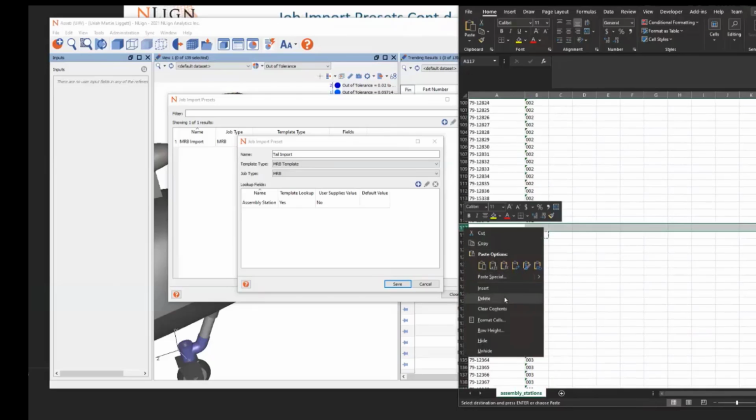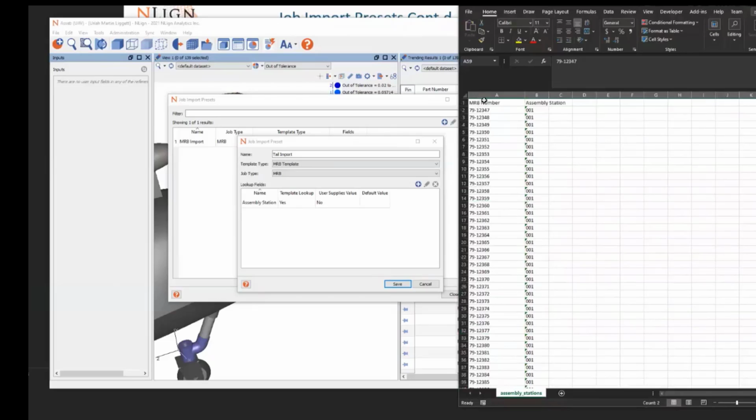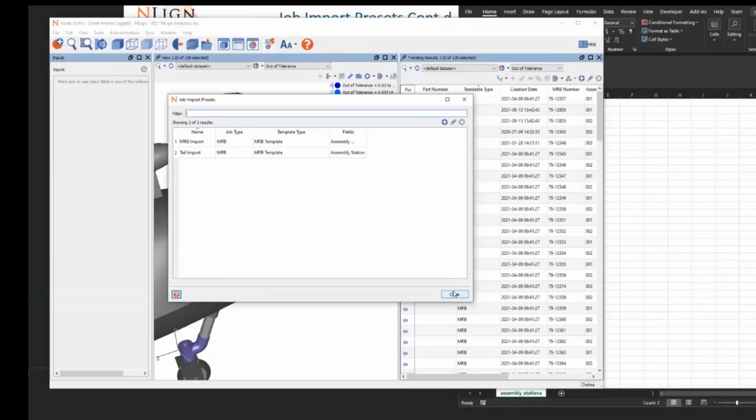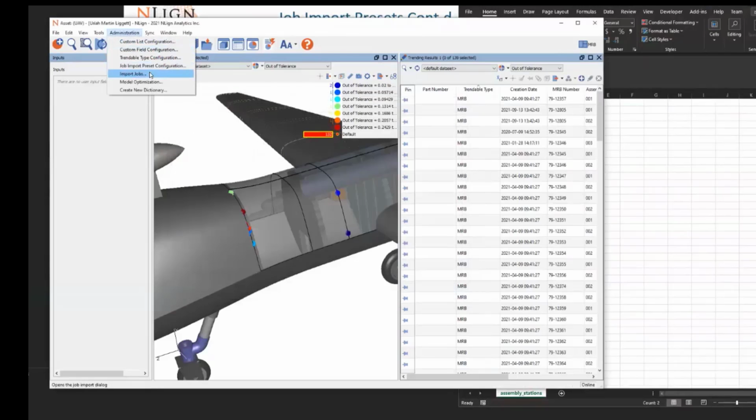So then we've got our MRB number, we've got our assembly station, and we don't specify MRB number as a user supply value. So the only thing we need in this case is just our template lookup, assembly station. Yeah. Okay. So we close that, then we go to our import jobs,